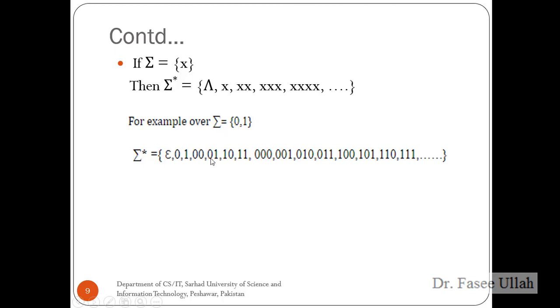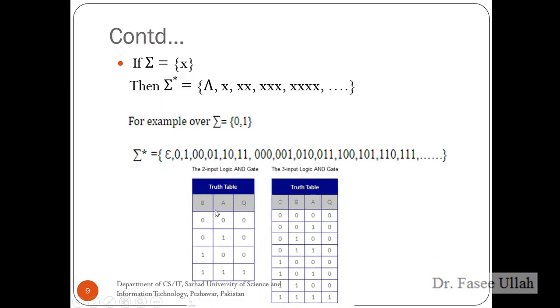After that, you replace with 1 from the right side. Then you have 1 0 and 1 1. For this we have a basic concept coming from the truth table. From the truth table, we have 2 input symbols, 3 input symbols, and 4 input symbols. So how can we change in the 2 input symbols and 3 input symbols, and where can we change? We have a very basic example here. This is A and B. A and B are the inputs and Q is the output. We will not look at the output Q here. We will look at A and B.